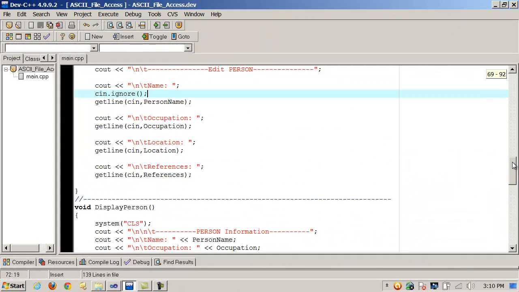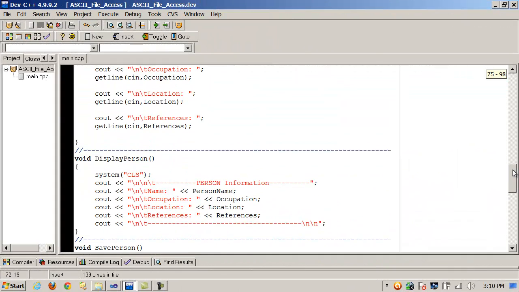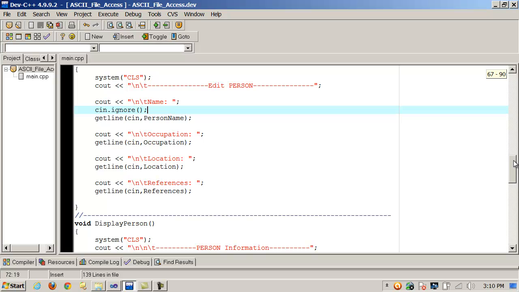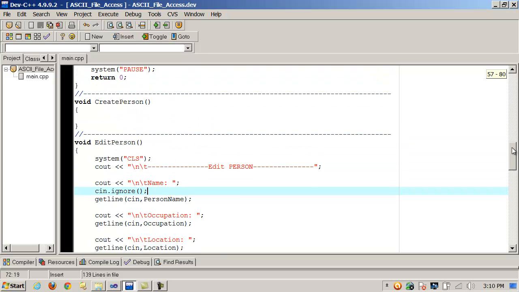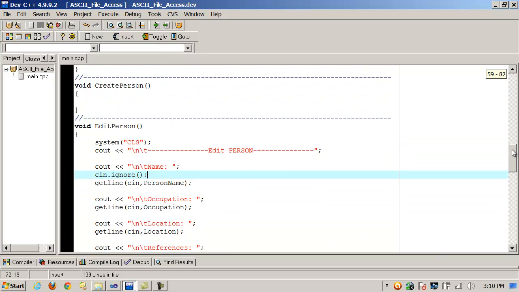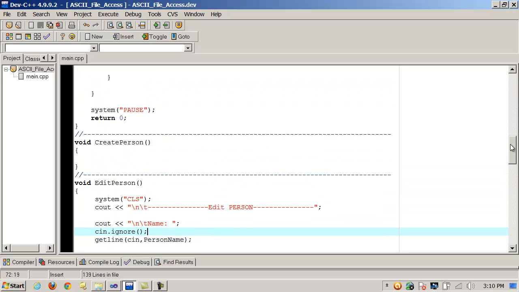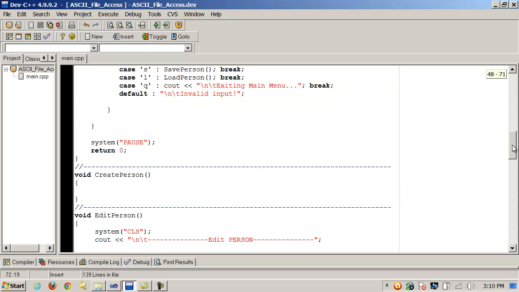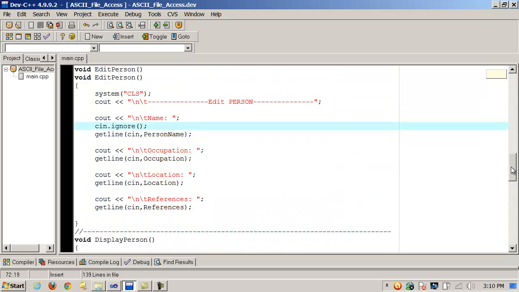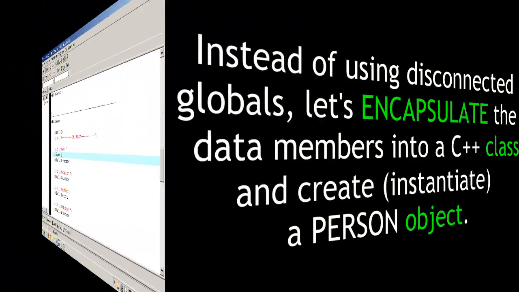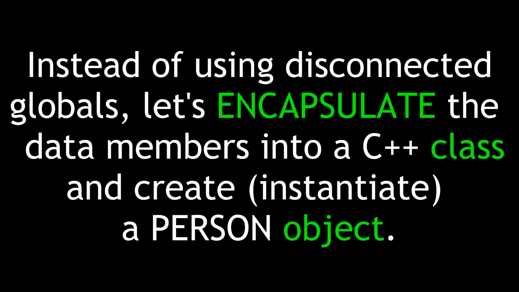The only remaining thing to do is encapsulate this. C++ is an object-oriented language, and so really, if we're going to have a person, we ought to make a person object. We ought to write a person class and encapsulate what a person is and what a person does inside of a class. So we're going to do that next. Instead of using disconnected globals, let's encapsulate the data members into a C++ class and create or instantiate a person